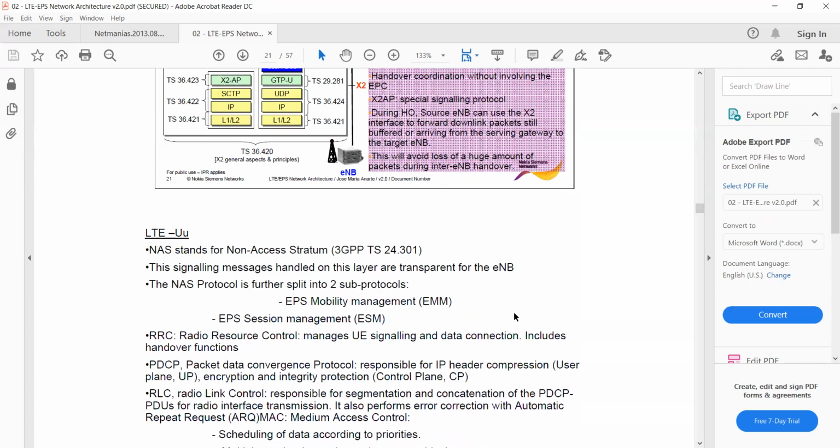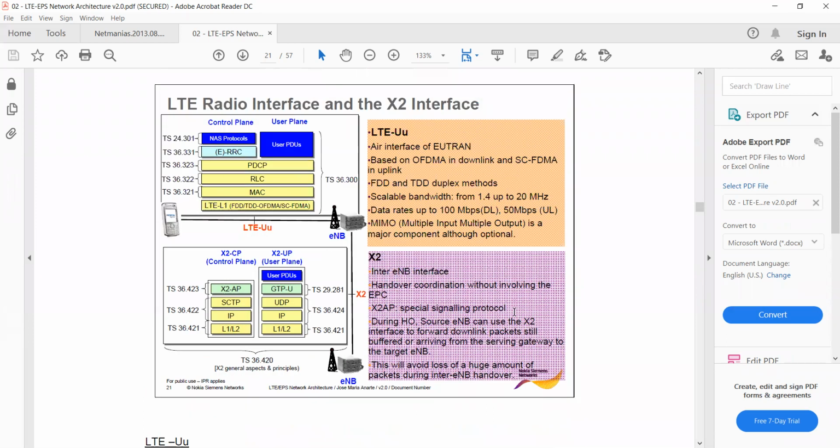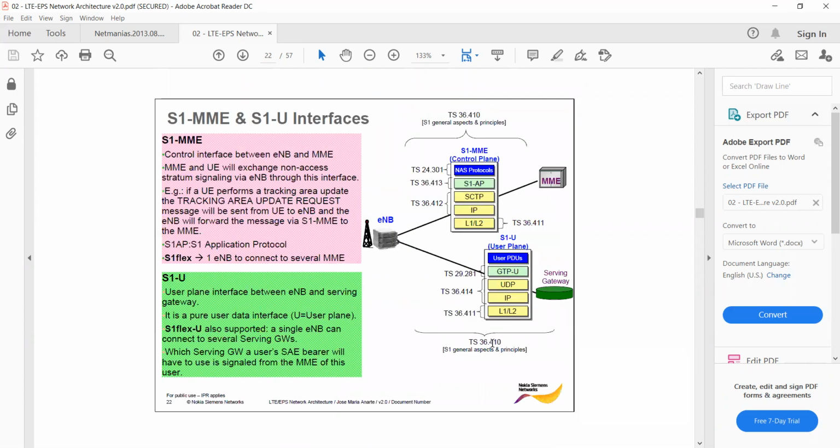First you have to understand the whole LTE architecture and its entities, like MME, S-gateway, P-gateway, eNode B, those things. Then you have to understand the interfaces of each entity, which interfaces connect to which nodes. Once you understand these things, then you can enter the protocol level: what protocols work inside. Fine. So that's it for X2.